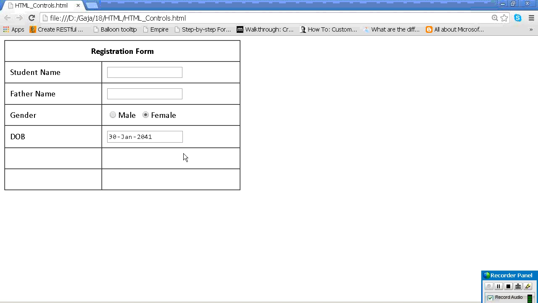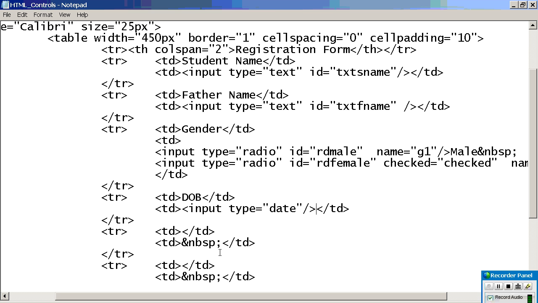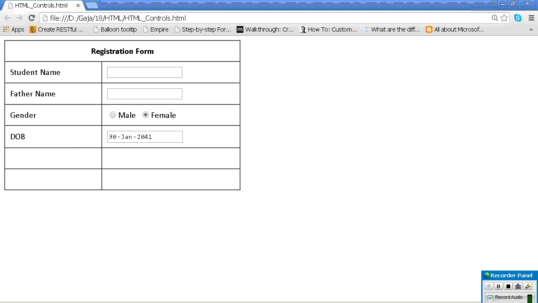What is this? An input type equal to save. This will not work in all browsers. For example, if I open it in IE, it will not work in lower versions. It will work from IE higher end, like IE 11 onwards. It will not work under IE 11 or IE 10. Okay?